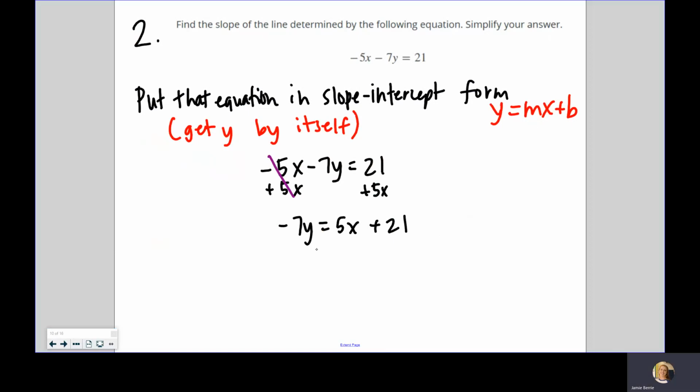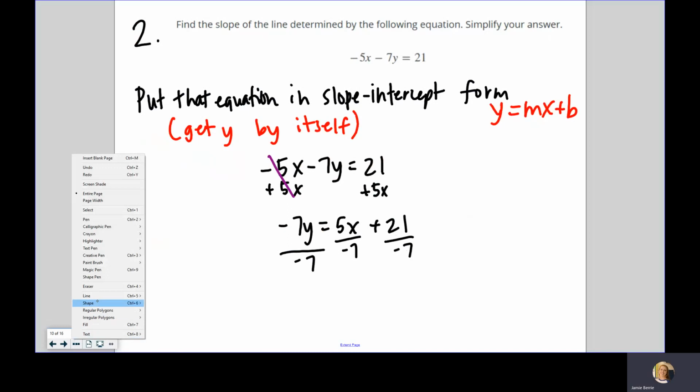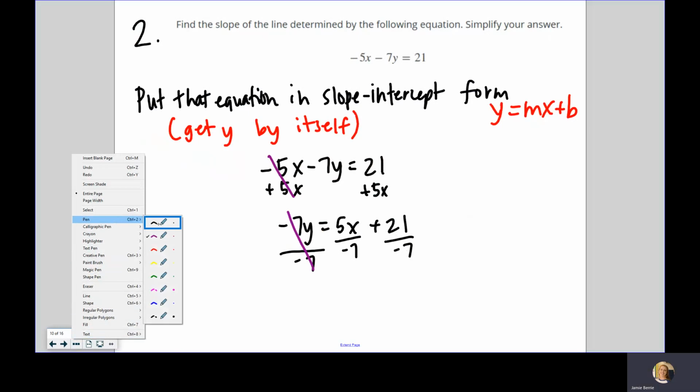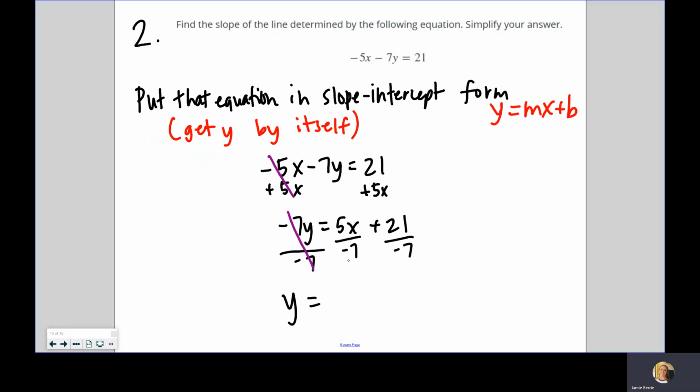The last thing I need to do to get y by itself is to divide everything by -7. Now, typically you would put a long division bar there and just divide everything by -7. But since we're trying to identify the slope, I find it easier to do it piece by piece. So we're dividing each piece by -7. That cancels out on the left, which is what we wanted. We're left with y equals